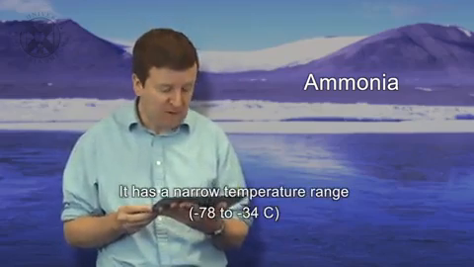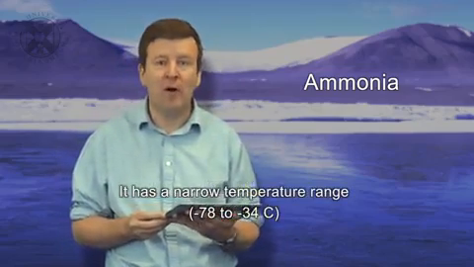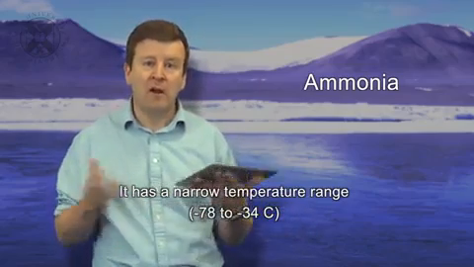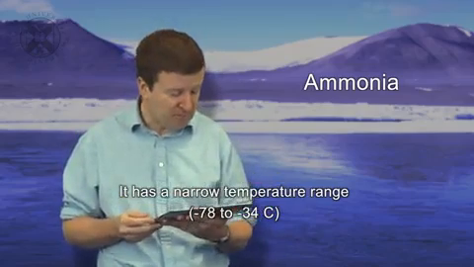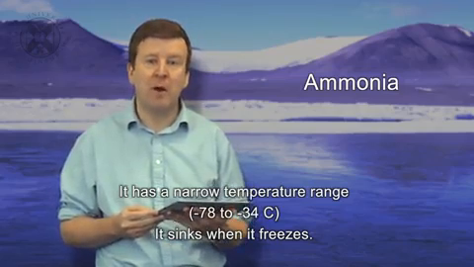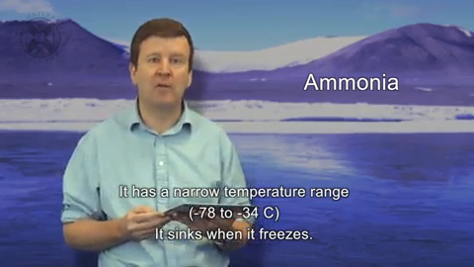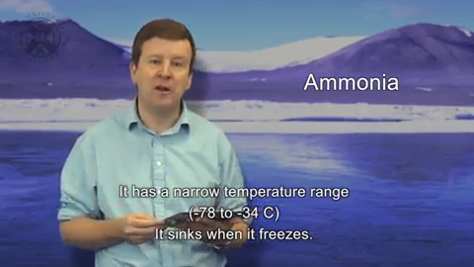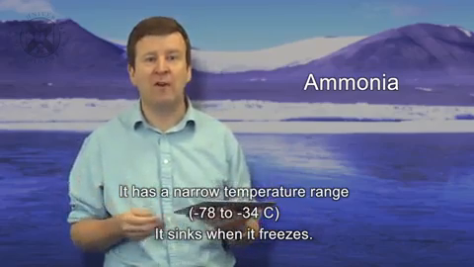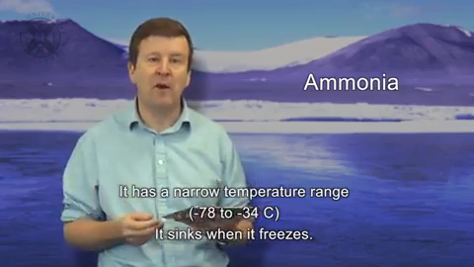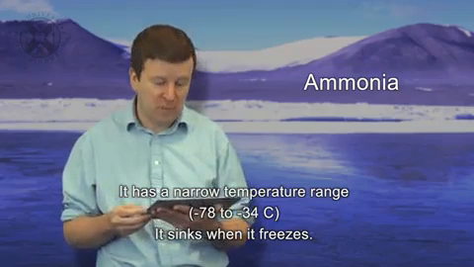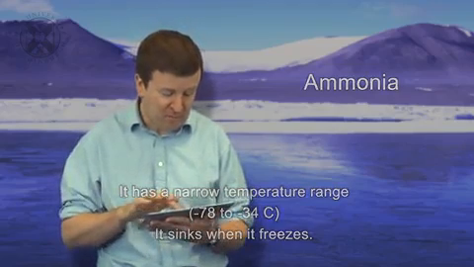It's only liquid from -78 to -34, but perhaps that's not a problem on a planet where there are large surfaces in which these temperature ranges are met. And also it sinks when it freezes, meaning that in bodies of liquid ammonia, when they become very cold and they become solid, they would freeze through completely. But how do we know that there aren't life forms that adapt to surviving for long periods of time in frozen ammonia and thawing out when the ammonia is melted again? Of course, these are speculations that we can't address.